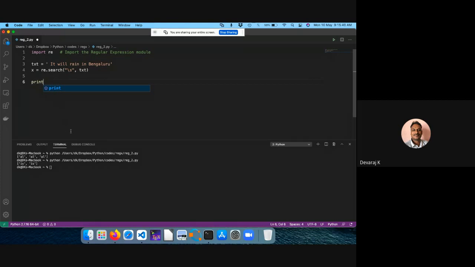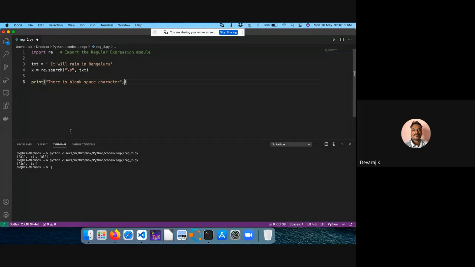So suppose I print, yes, there is a white space character at a particular position. So there is a blank space character at a given position.